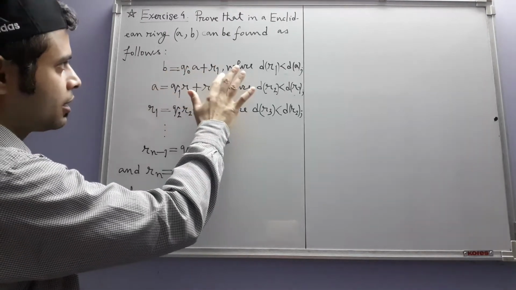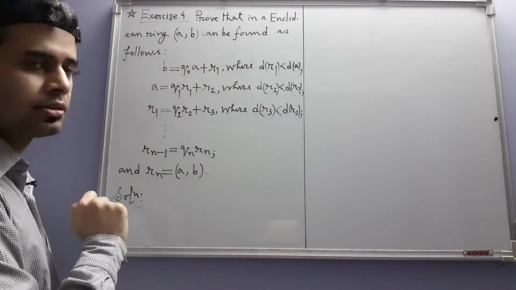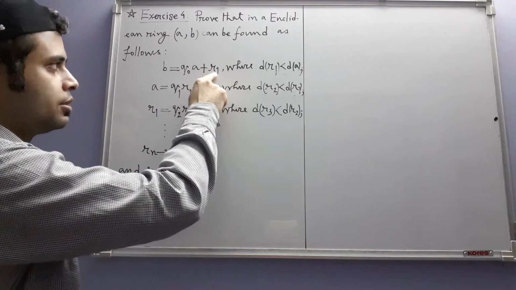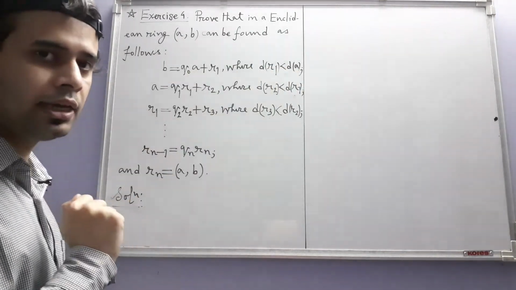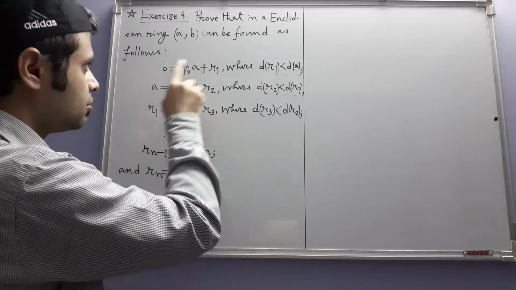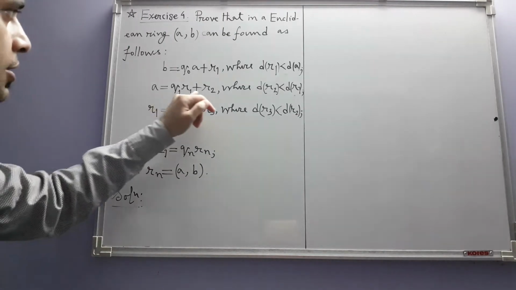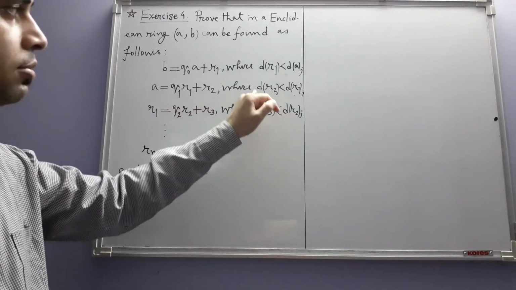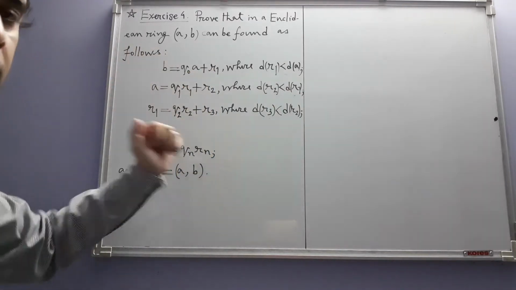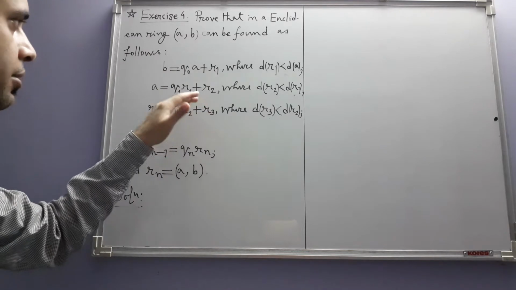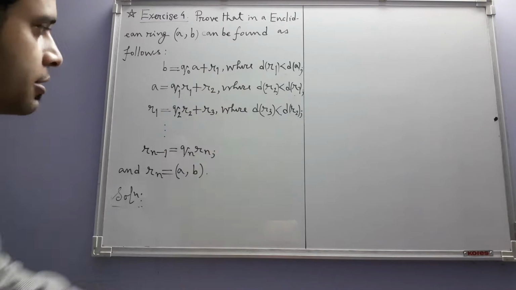Then you apply the division Euclidean algorithm with A and B like this. Say you get a non-zero remainder R1. Then its D value should be less than the D value of A. Then you continue this process by dividing A by R1. Okay. And say you get a non-zero remainder R2. Then you have this inequality also true. Continue the process like this. In every step you divide the divisor of the previous step by the remainder of the previous step.